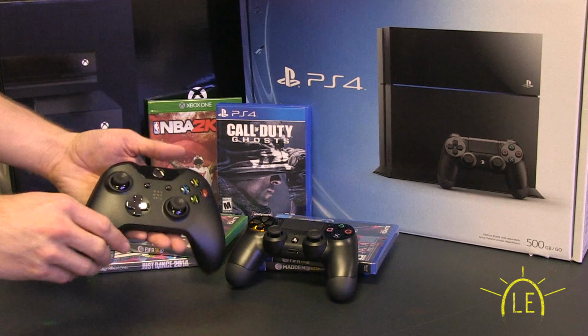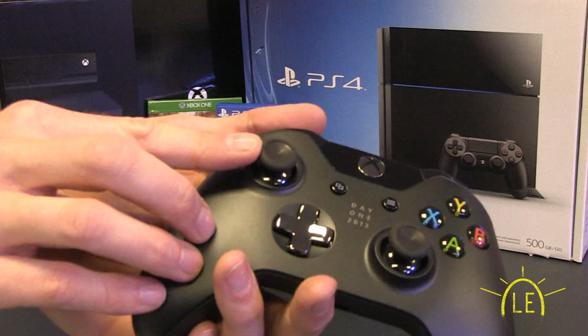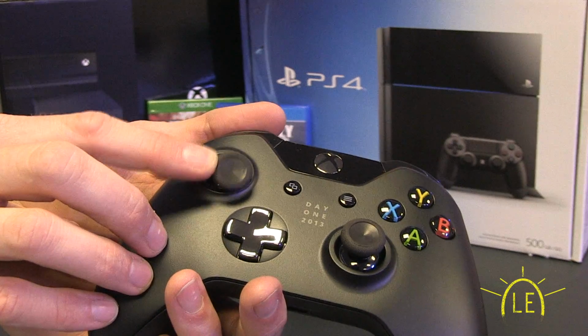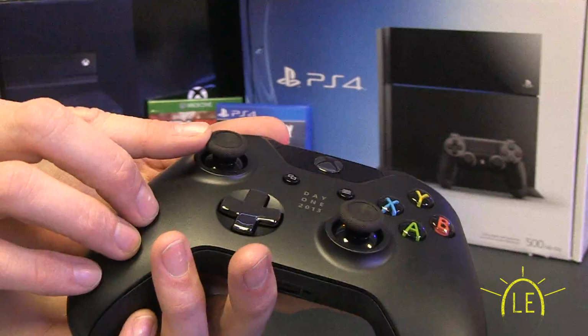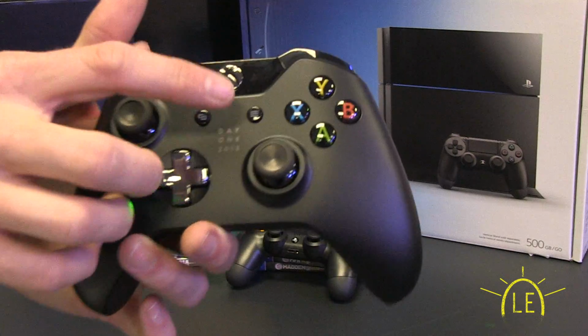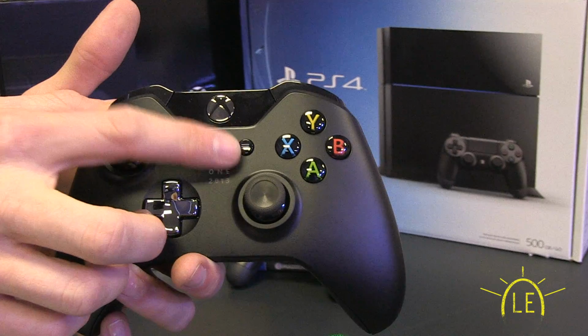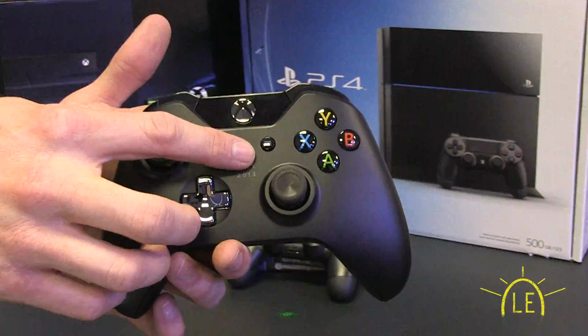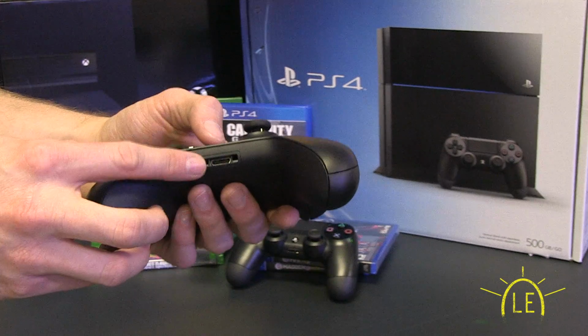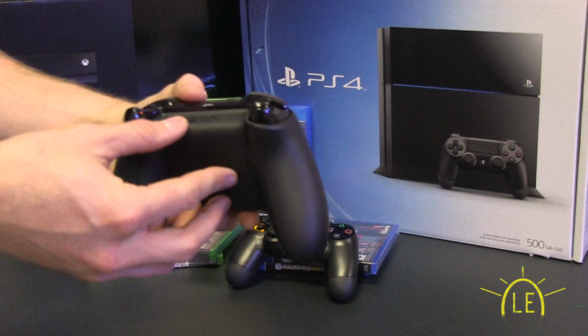The first thing I noticed with this controller is the thumbsticks. They have a textured edge around the outside and actually an indent now for your thumb to sit in so you don't lose traction, don't lose control. The center buttons here should have the same function, however the names have changed. You now have the view and the menu, and you'll also notice that the home button is now on top of the controller. On bottom you can still plug in your headset, get connected real quick,